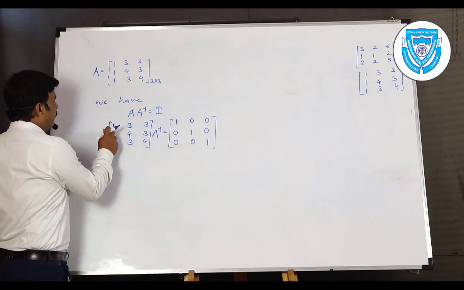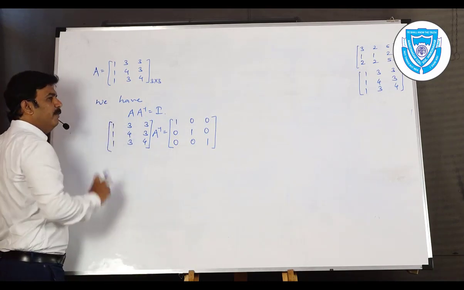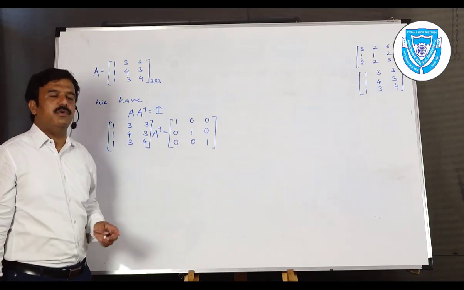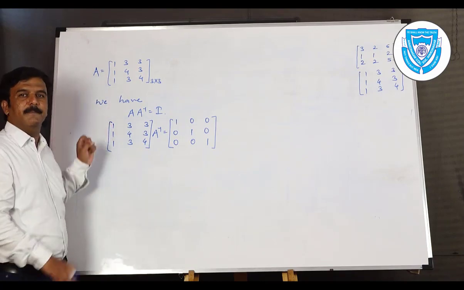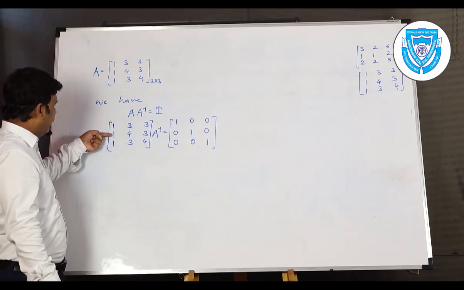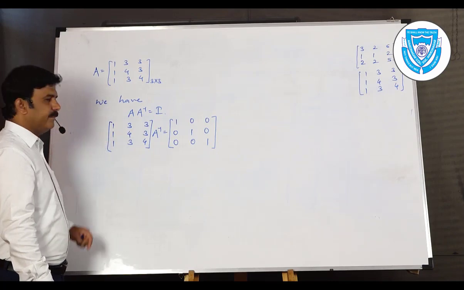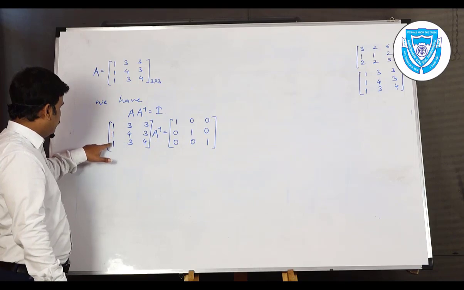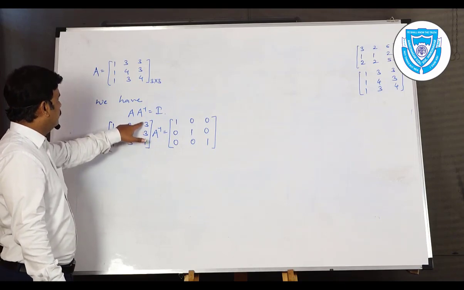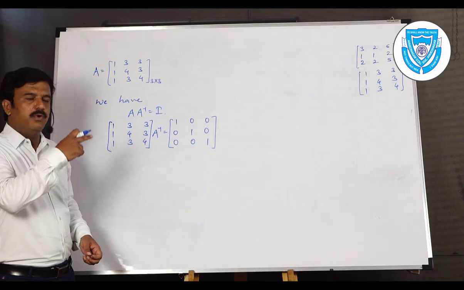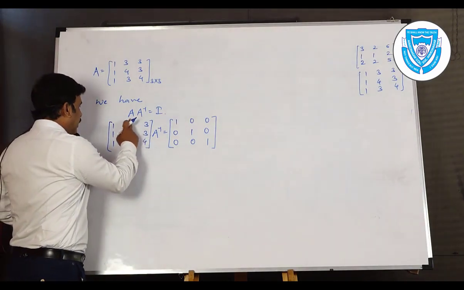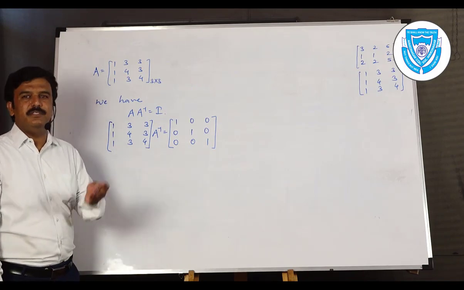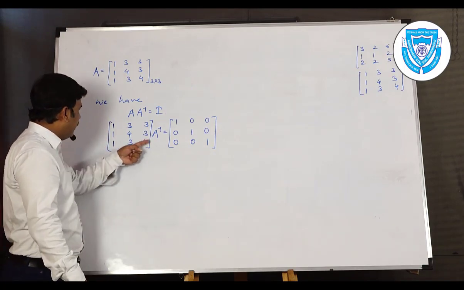Now, as I told you before, the leading element should be 1 at the left hand side. Is it 1? Yes. So let us not worry about the leading element because it is already 1. Now let us concentrate on the next element. We want 0 and 0 over here. As you know, we have to convert it into an identity matrix. It means that we want 0, 0, 0, 1, 0, 0, 0 and 1 over here. We are going to use this route while changing the numbers into desired numbers.